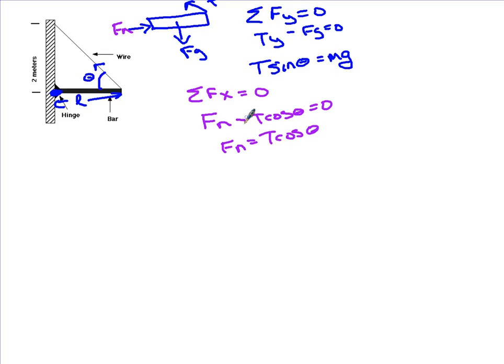But this isn't usually going to be enough information for us, so we need to sum the torques. Now you can sum the torques about any point you wish. I strongly recommend you do it through the hinge. All right. Oh, no. Let's sum it about this point right over here. That way we don't have to worry about T and its angles. Actually, we still do. All right. The sum of the torques. What you need to do at this point in time is break T into Tx